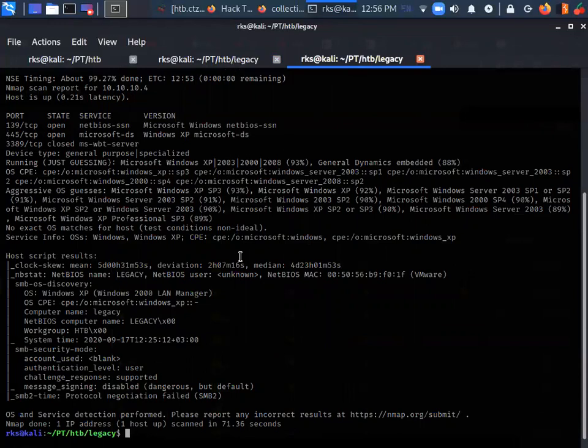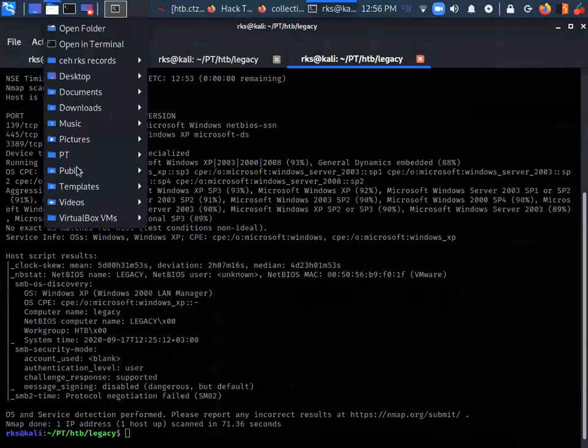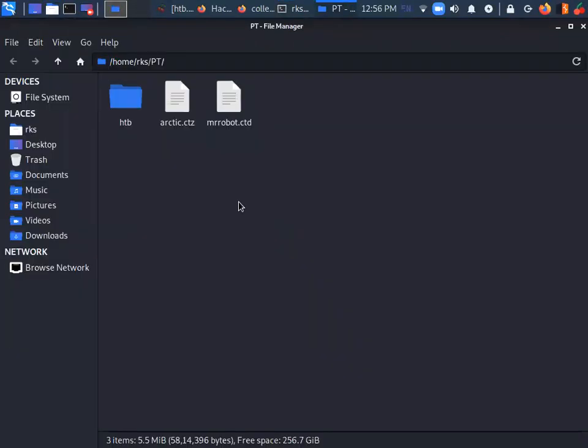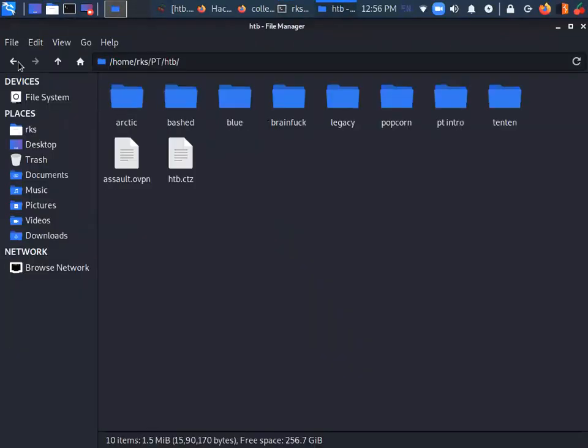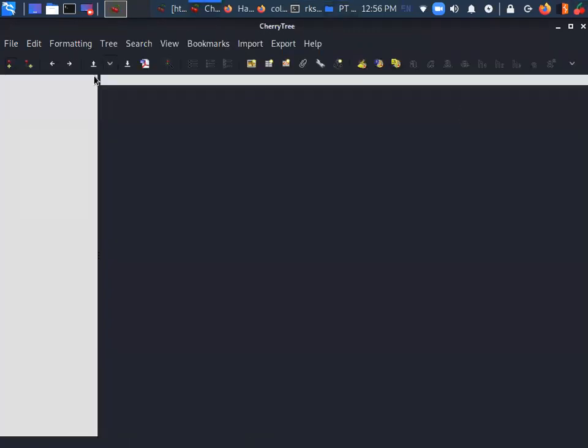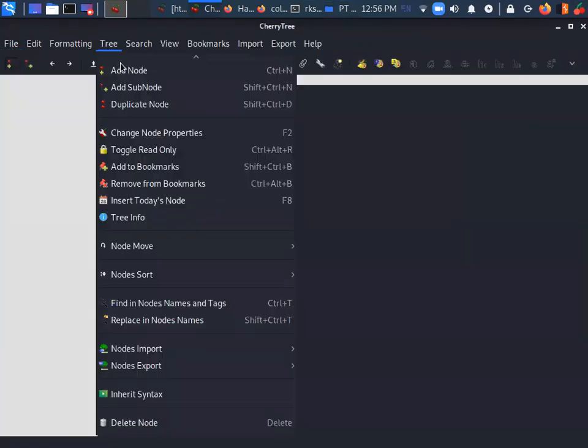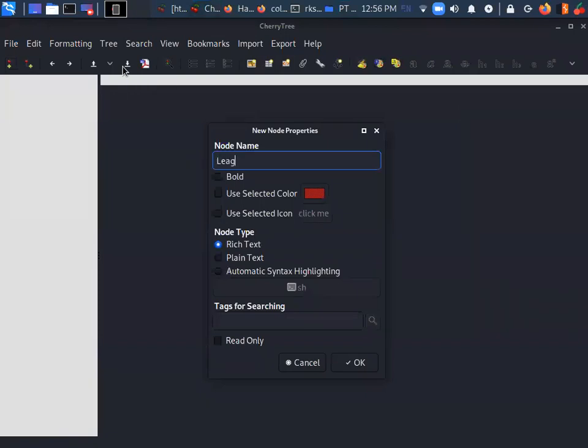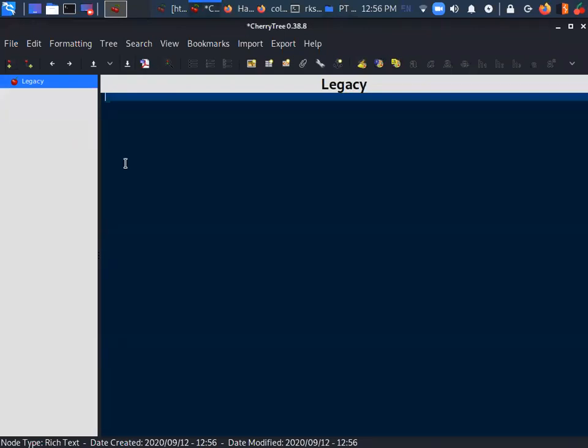Let's do one thing. Meanwhile, let's open a document over here so that we can document our steps in parallel as well. This is my target. Let's just define the scope here.